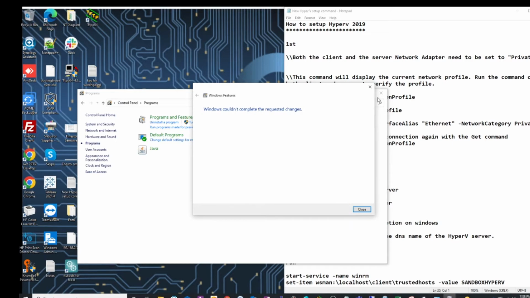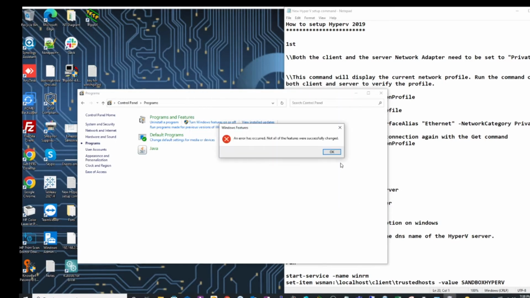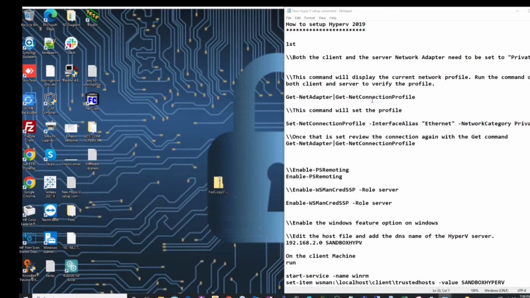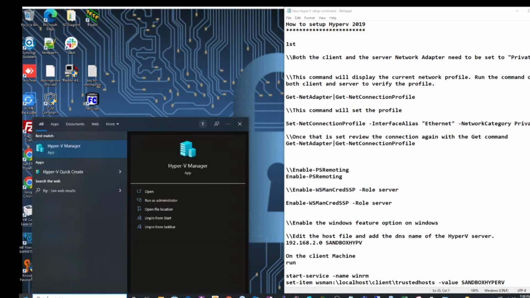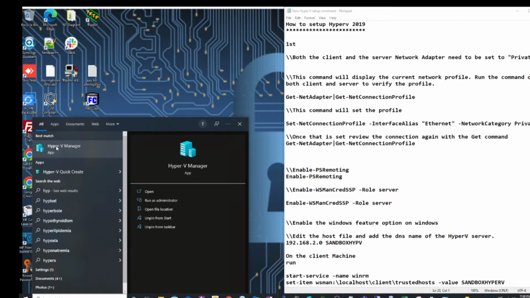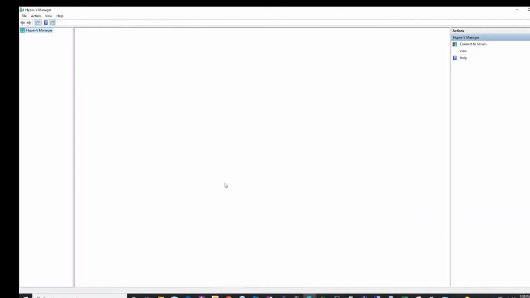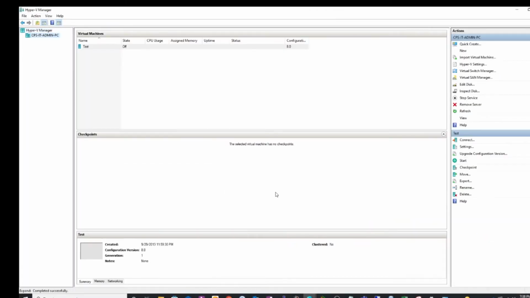So that is one of the things we need to do. If we are able to do that successfully, then on the PC, if you just type Hyper-V, you're going to see that Hyper-V Manager shows up on your client computer. So our goal is to be able to connect the server that we just installed to the Hyper-V Manager interface to enable us